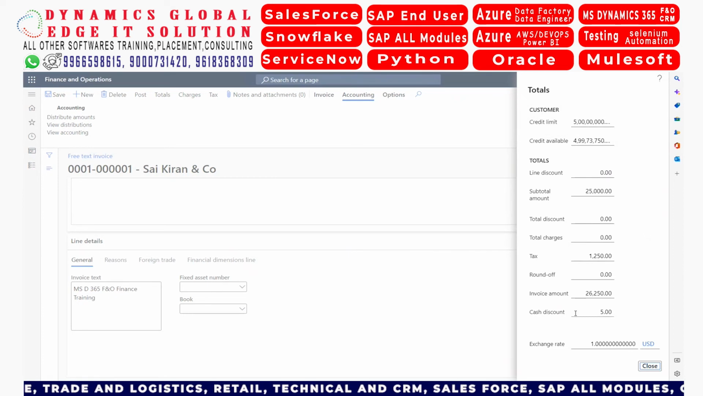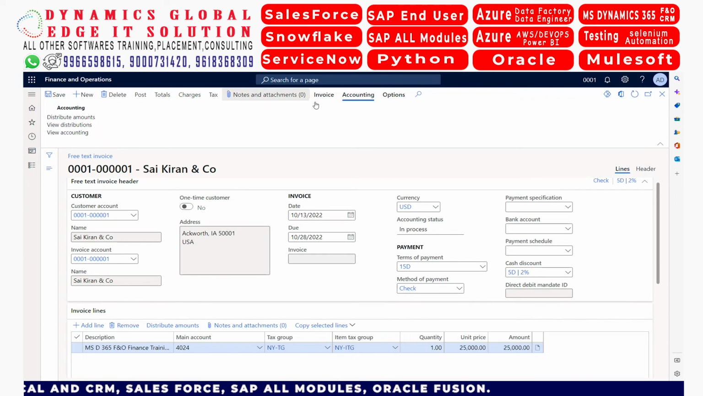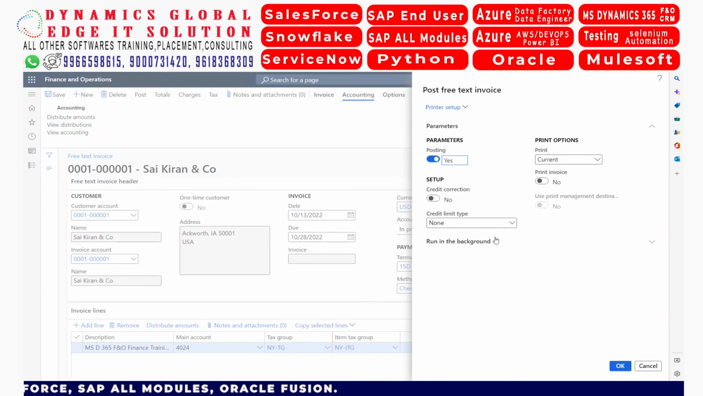And here you can see this one, cash discount is $5. If you make payment within so and so time interval, you are eligible. Once you have updated all that information, here you can find the option called post. Simply click on post, and here you can see credit correction. If it is required, you can make it yes. If it is no, by default it will be no here. And here if you want to check credit limit, click on balance plus all, so that the system